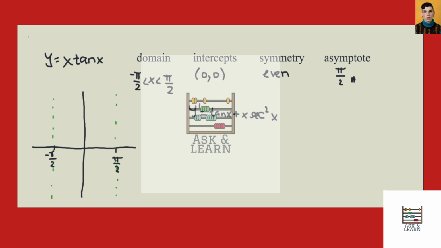And let's find the second derivative while we're at it. So y double prime is equal to 2x secant times secant squared x tangent x times tangent x plus 2 secant squared x. All right, so those are our derivatives, and now